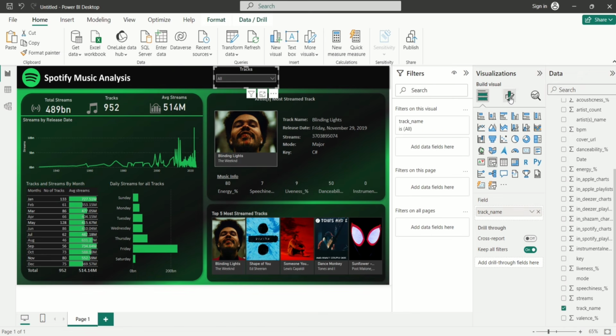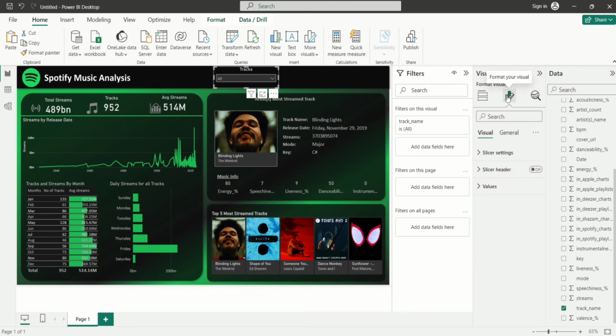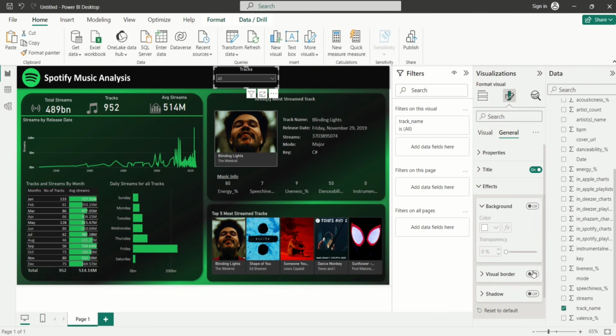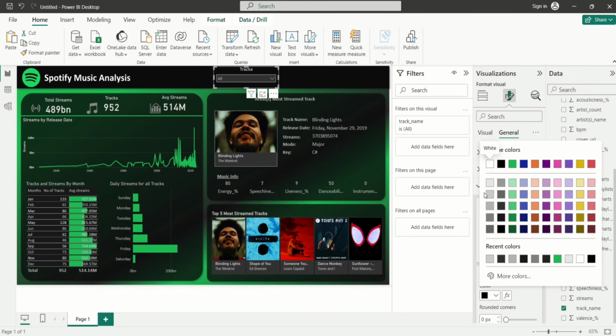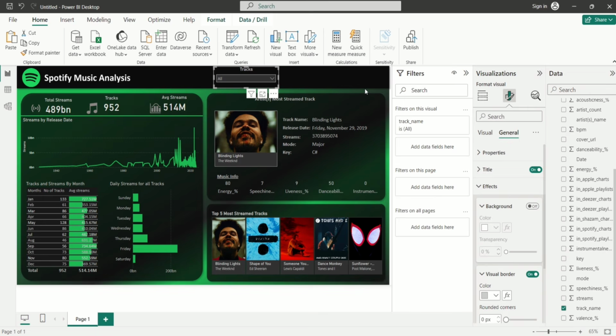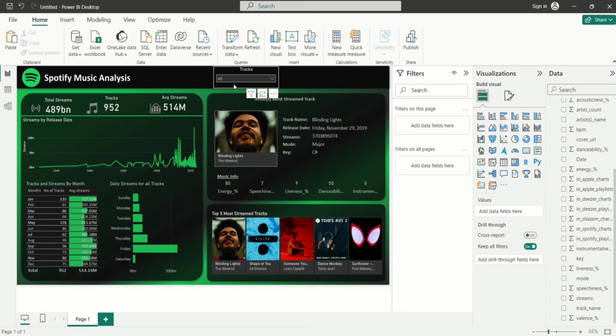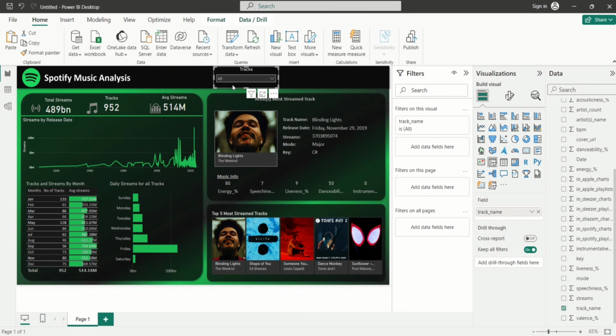I want to add a visual border, so I'm going to click back on that slicer visual, select on general tab and come over to visual border. So for this visual border, I'll select to change the color. This is what I want, this border out here. That's how I want it to display. So I can just duplicate this